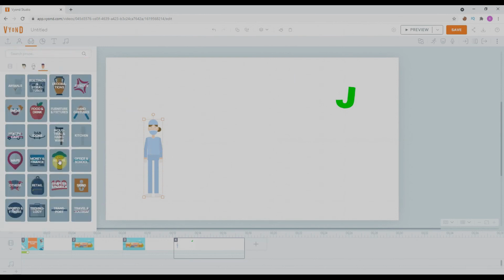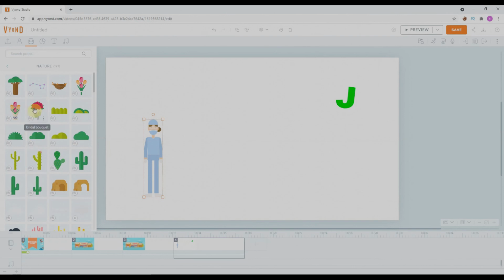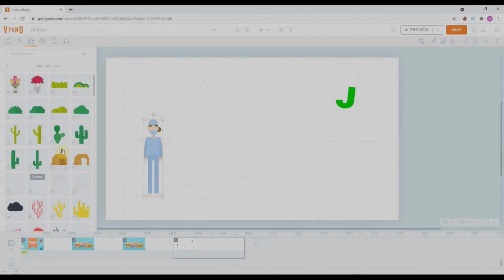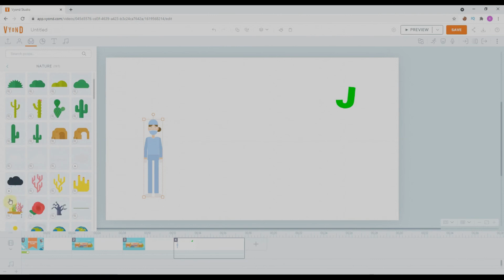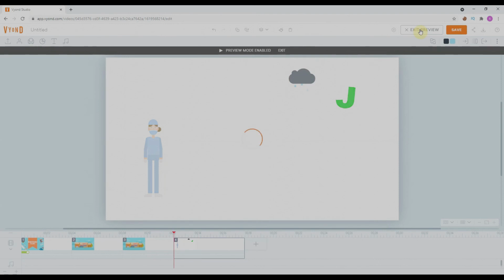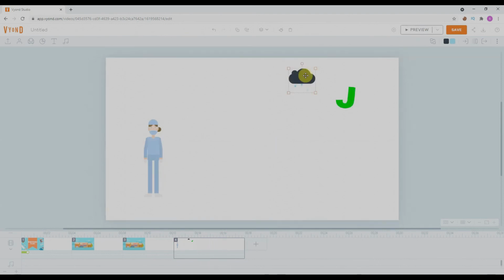We'll go for the nature one, and we'll check for the animation. There are a few animations over here also, like we can select this cloud raining from here, so the cloud automatically starts raining once we add it. If we click on the preview button, you can see that the cloud is raining. We'll put some infographic type of animation on our cloud.